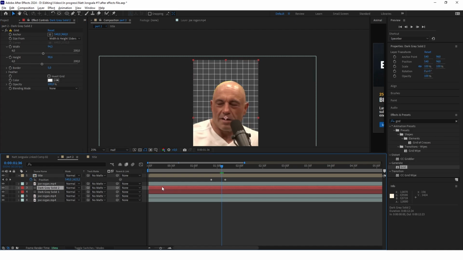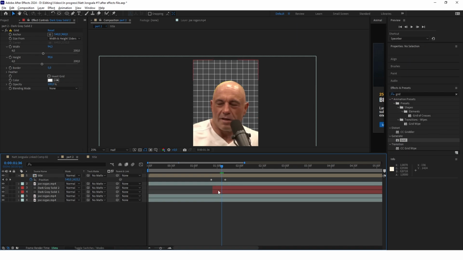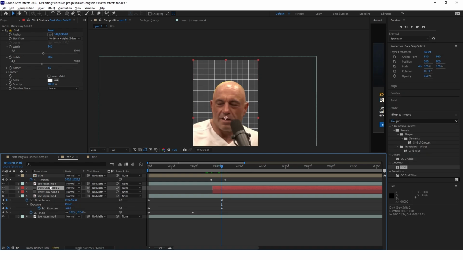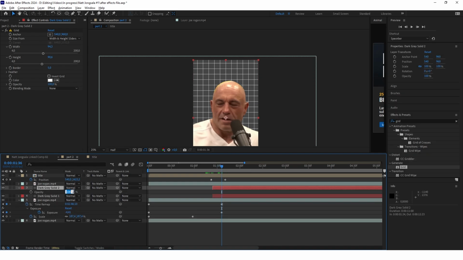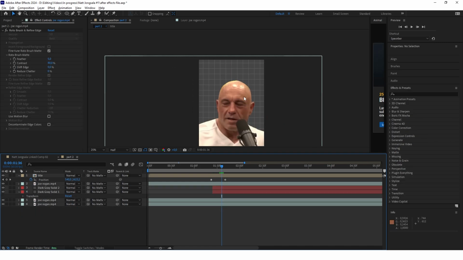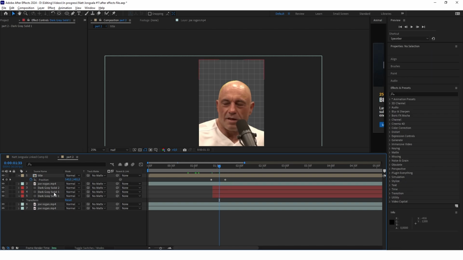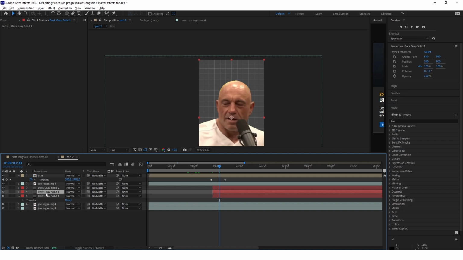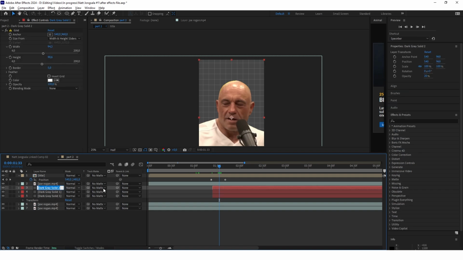Actually, to make this easier to manage, I will select both of these solid layers and make a start of them somewhere here. So I know that somewhere here they are meant to start appearing. Okay, and now decrease the opacity of the grid layer, let's say to 20%. Okay, and as you can see in Nat's video, this background is darker in some places. So basically copy the gray background layer, go to the middle of all these three. I will change the name because this one is actually grid.